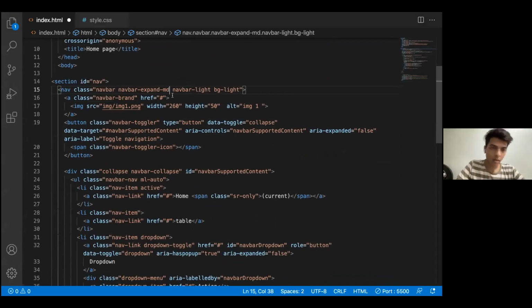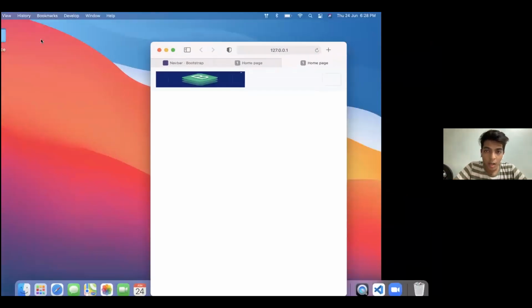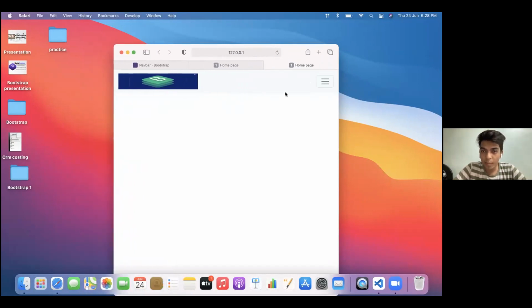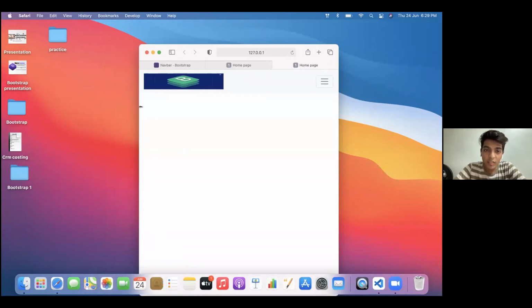Okay, so for navbar, I will prefer navbar-expand-md. What this does is that when my screen is less than MD, as my screen right now is less than MD, I get a drop down here, a toggler here. This is called a toggler. These three bar lines are a toggler. Whenever I open any website on my phone, it would provide me with this option, because if I don't use this, then it would look very shabby. There are only 4 links present here, but there are many links present in websites. So it would look very shabby. That's why we give it a toggler, which is given to us by Bootstrap.